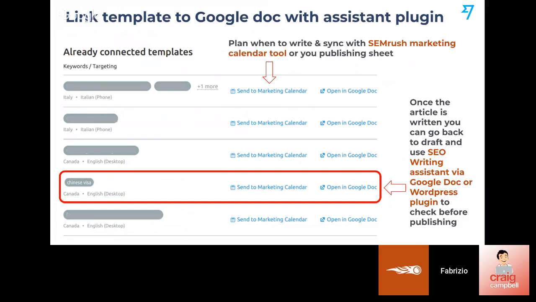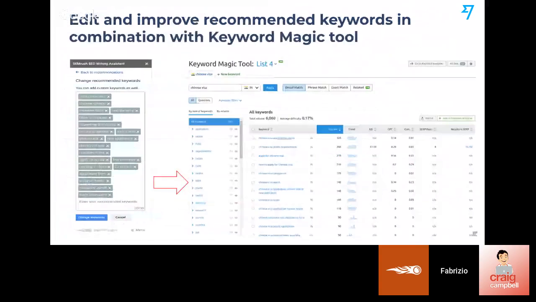But we link it to a Google Doc, and at this point we have an empty Google Doc, right, with no content written. But SEMrush, because you can log in and sync the Google document with the SEMrush platform, can already populate the recommendations from the content template. And what we do at this stage is go through them and validate whether this makes sense. Sometimes it's not the tool's fault, but it could just be that there's no very good content out there, or maybe we want to expand a given topic a little bit better.